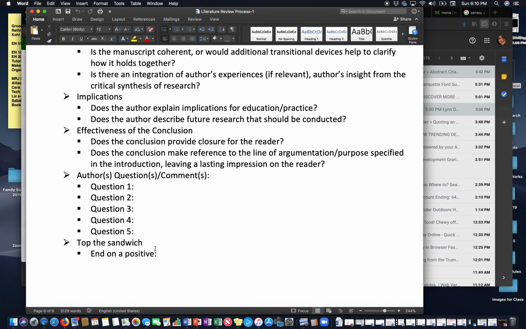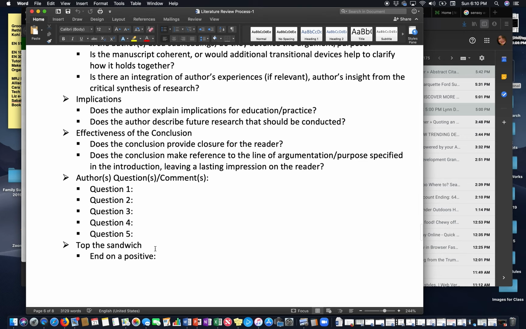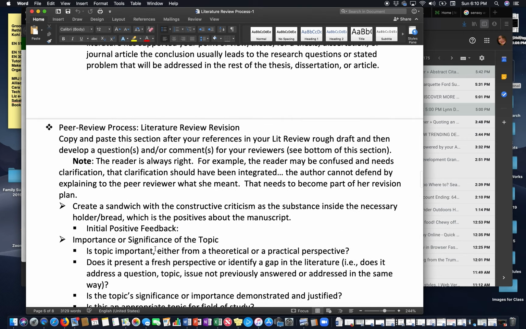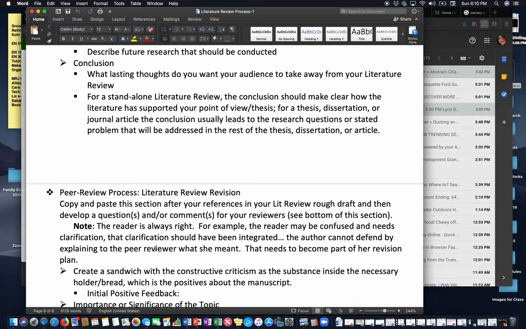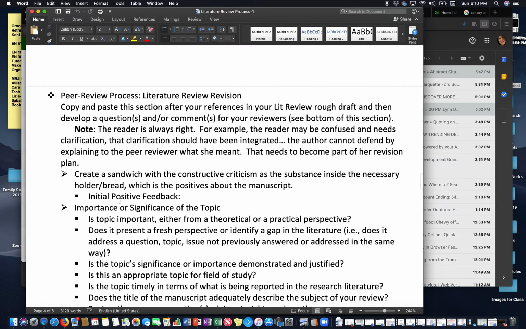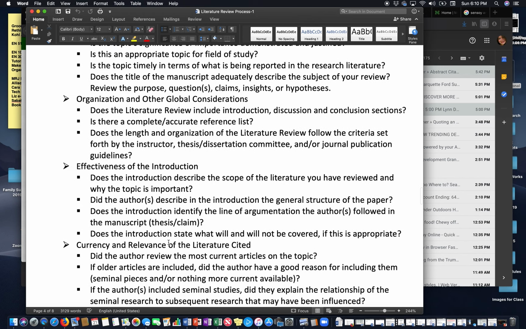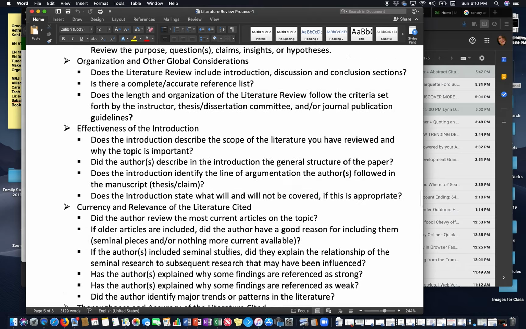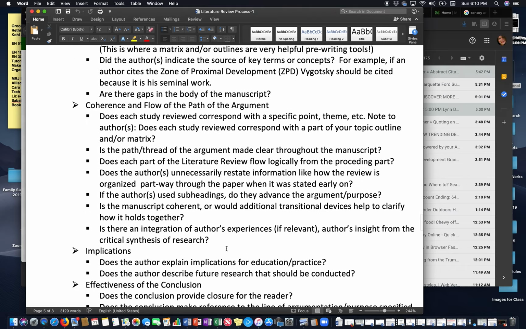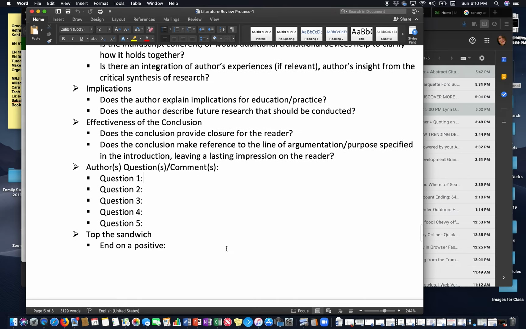And then I always say that the peer review process should be like a sandwich, where in the beginning, let me go back up to the top here. After you read your peer's paper for the first time, you're going to leave some positive feedback. That's a really great way to start the review. And then you go into the constructive criticism, where you're answering or addressing all of these questions about your peer's paper. And then you're going to top that sandwich with another positive,